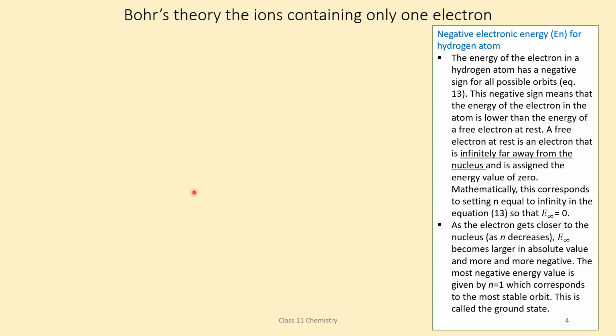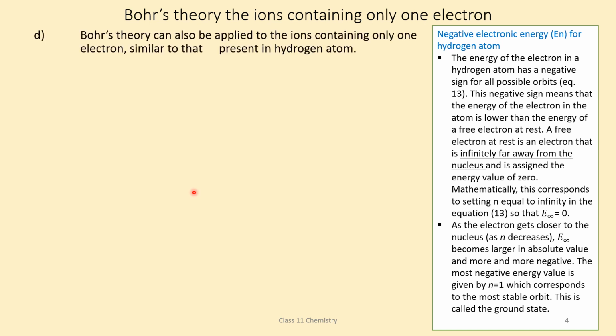So next we will take up point number D. Bohr's theory can also be applied to ions containing only one electron, similar to that present in the hydrogen atom, for example helium, lithium, and so on. The energies of stationary states associated with these kinds of ions, also known as hydrogen-like ions,